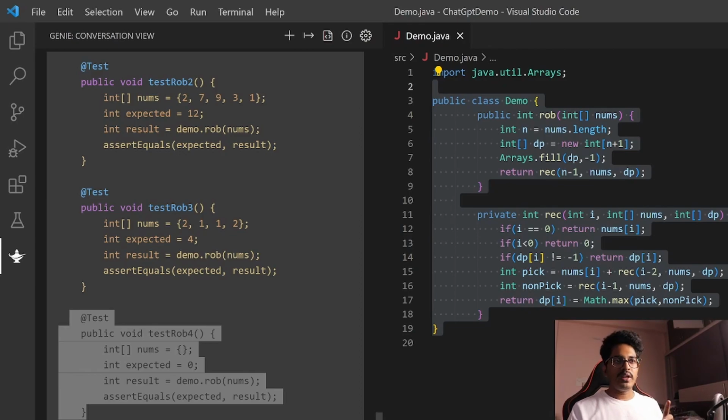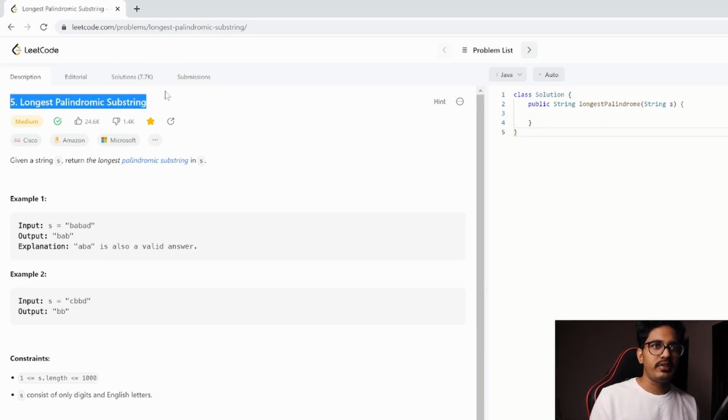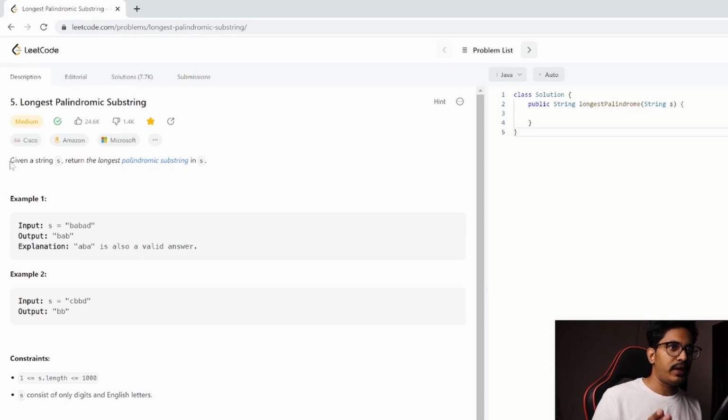So there is one scenario which we are left with. Now lastly, let us finish this video by giving ChatGPT a random Leetcode problem, which I have selected: the longest palindromic substring. So we'll see whether it is able to solve this problem, whether it is able to pass the Leetcode challenge or not. It's a simple statement: given a string S, return the longest palindromic substring in S. So let's copy this one